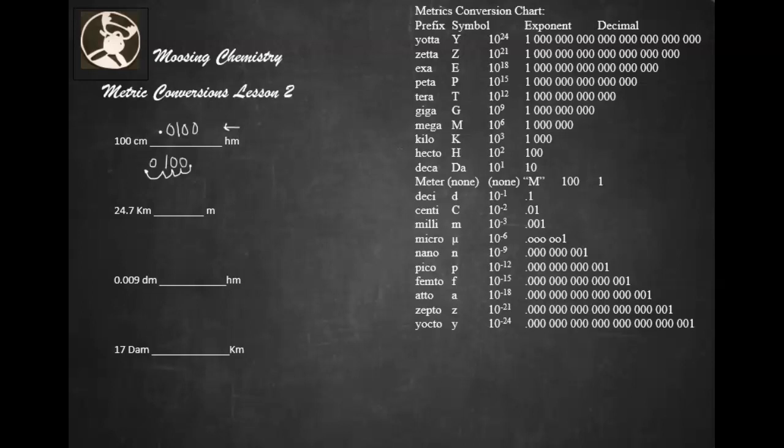All right, so let's try another one, okay? So we're going to clear this up here, and let's do another one. All right, cool deal. Let's go to the next one. 24.7 kilometers to meters. So let's write down the number